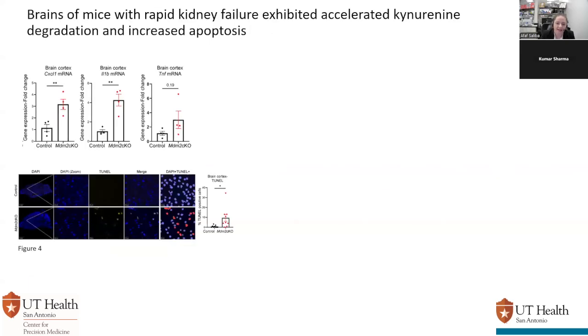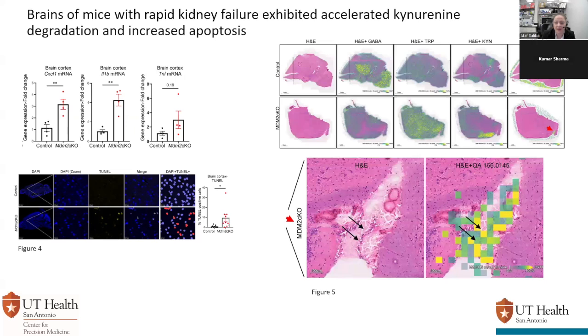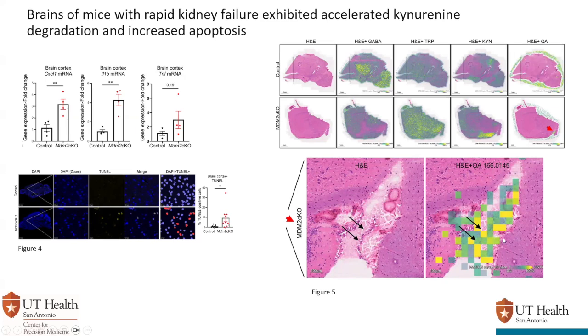Knowing that quinolinic acid is a neurotoxin and knowing that many of the tryptophan metabolites can cross the blood-brain barrier, even if it was intact, we analyzed the brains of these mice and we found that they also have an increase in inflammatory markers, and we found an increase in TUNEL-positive cells showing apoptotic cells at the cortical areas. Moreover, mass spectrometry imaging showed us a striking event where quinolinic acid is accumulating specifically at the ependymal cells. These are glia cells that help regulate cerebrospinal fluid in the ventricles.